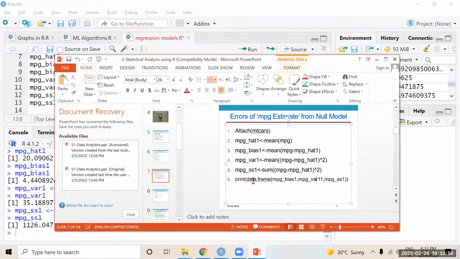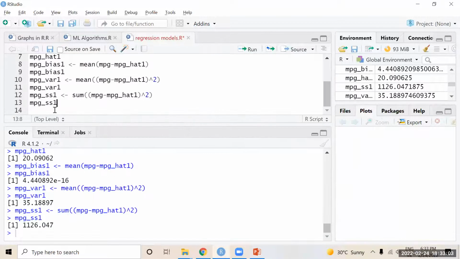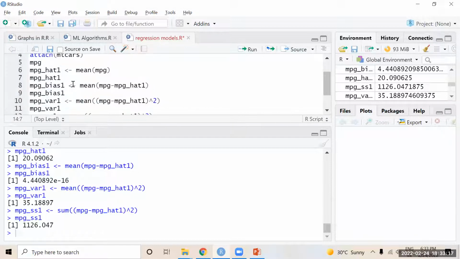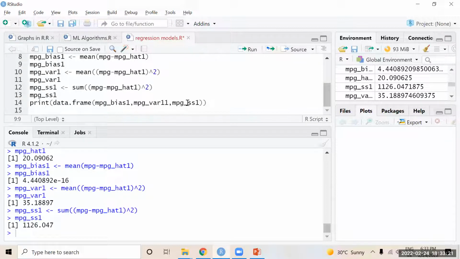Okay, now next one, how to print all these values in a data set. How to print all these, hat1, bias1, variance, sum of squares in a data set. So that is print data.frame. This will convert your values into rows and columns. Bias1, which contains this value, and variance and the sum of squares.